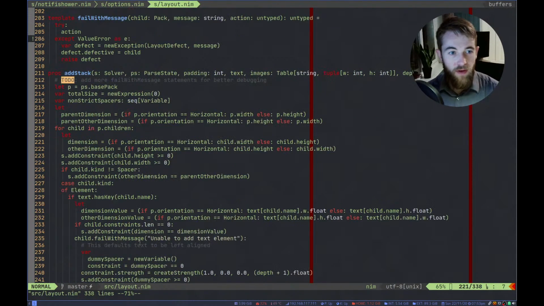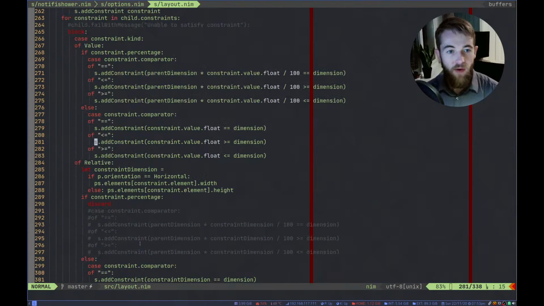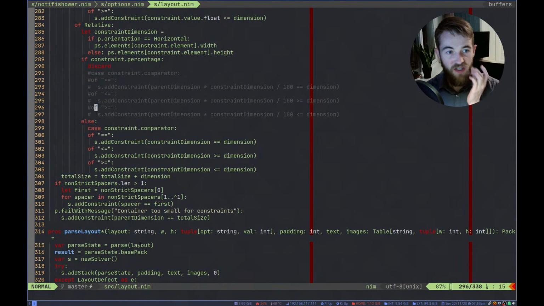So the one thing that we're missing now is these percentages. How can we do those if we can't combine variables?